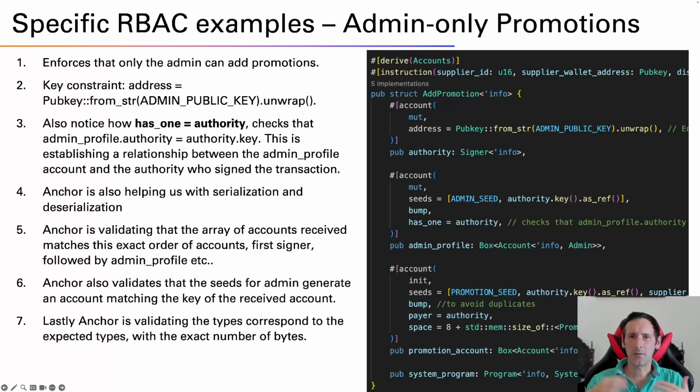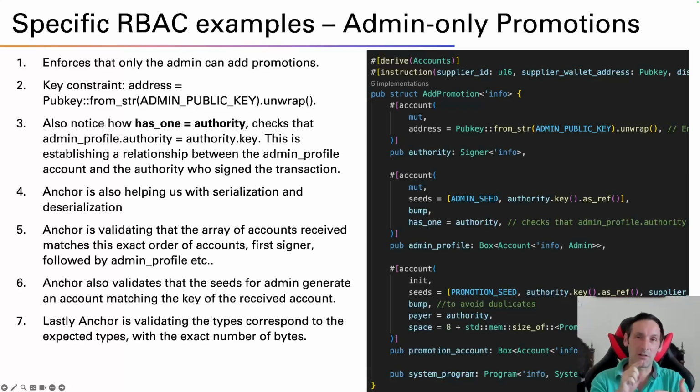Sometimes when you get errors from the client side, you call the instruction and you're watching the log stream, and you don't see those logs come through, and you wonder why the instruction isn't even executing. The reason is that it's failing even before the code of the instruction starts, because Anchor is doing some magic behind the scenes, like deserializing your accounts